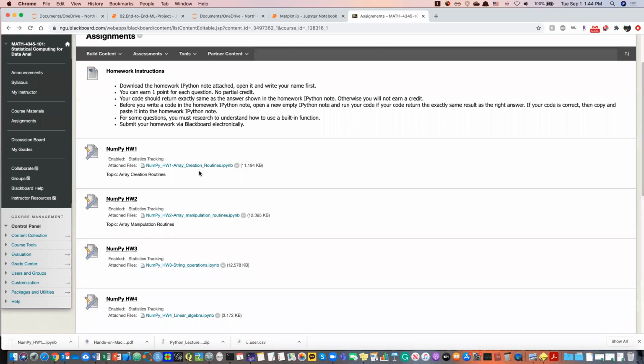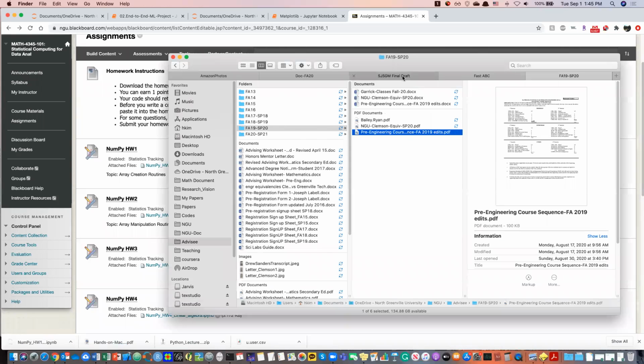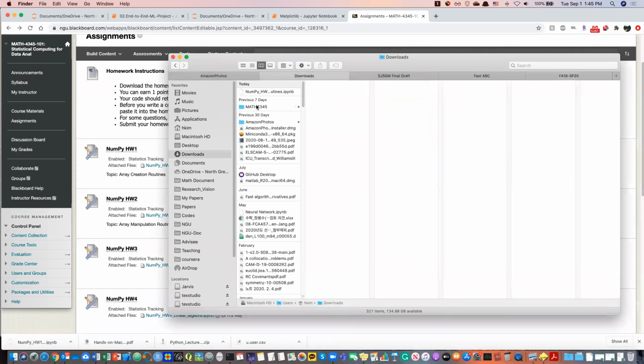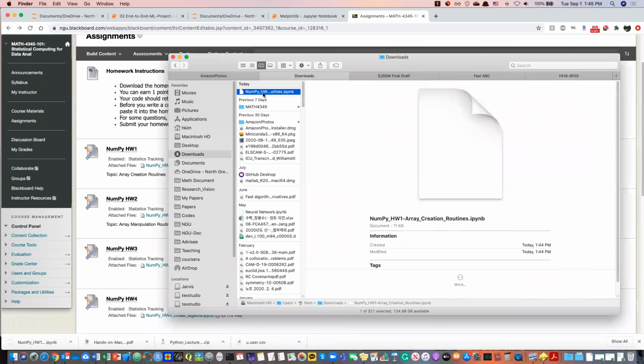Yeah, so I clicked the IPython notebook. The extension is .ipynb. So here, now go here and we download right here. Okay, you see that here, right? This one, I'm gonna move this one to the